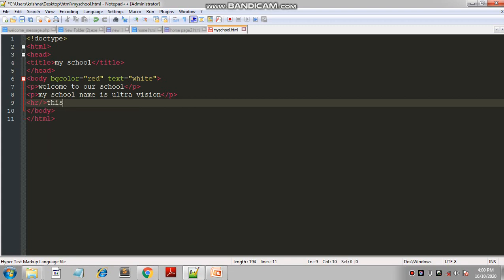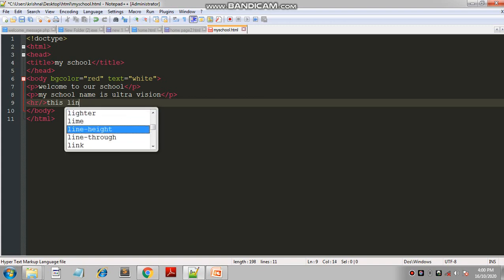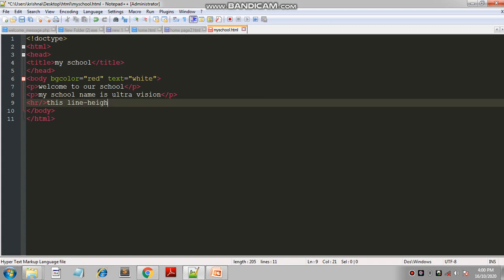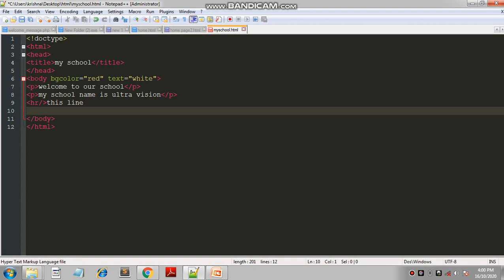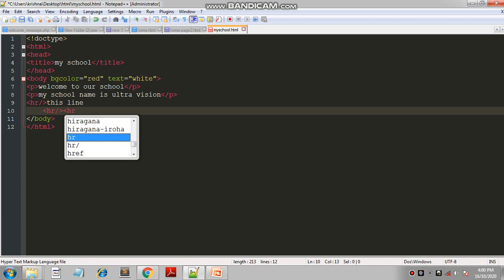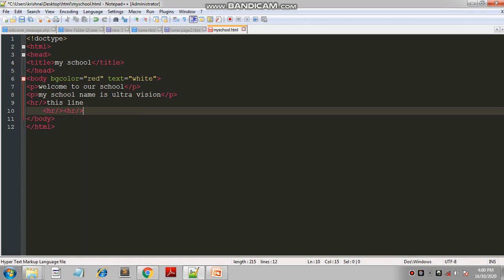Now write a sentence. Now if we want two lines between our two sentences, then we use two times the horizontal tag. Again HR tag. If we want three lines, then we use three times the horizontal tag.